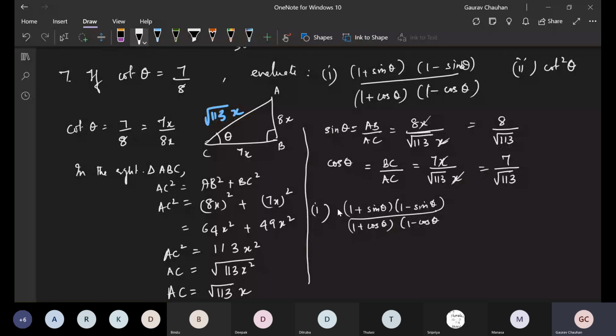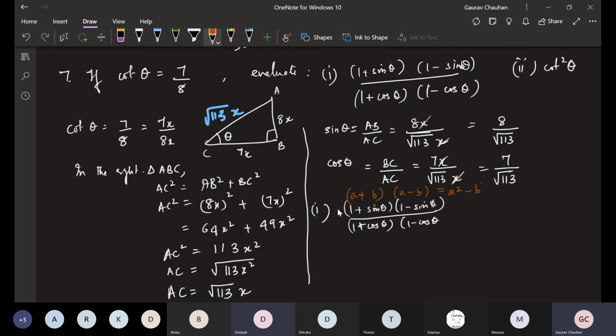Okay, continue, Deepak. Sir, if we see, it is in the identity a plus b, whole bracket a minus b bracket, sir, then it will be a square minus b square, sir. Just tell this identity for everyone. a plus b into a minus b is equal to a square minus b square.